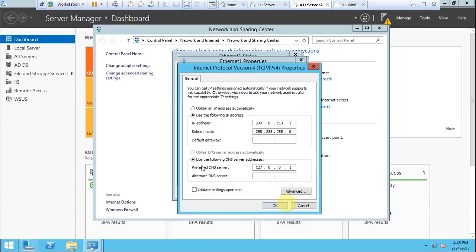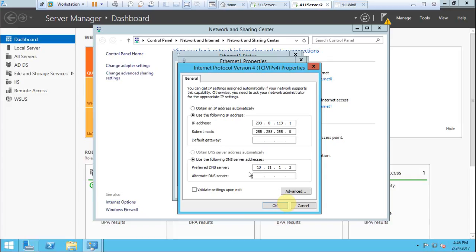So when it says right here, the preferred DNS server was configured to the 127.0.0.1. And we need to set it back to the address of the 411 Server 1, which is 10.11.1.2